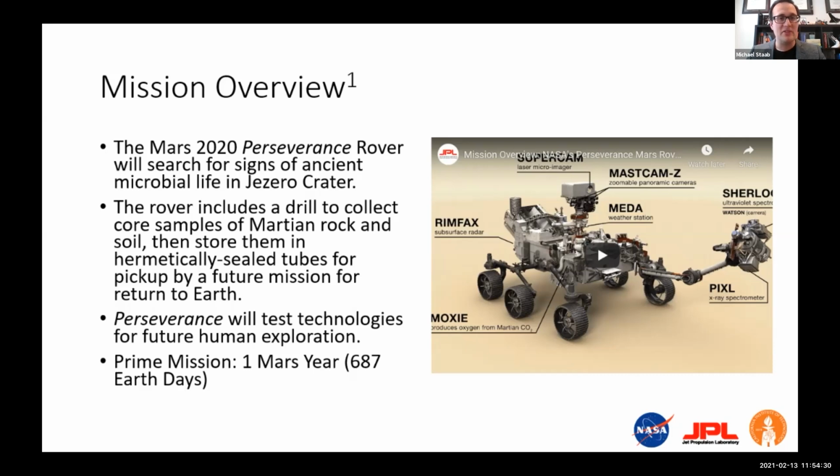And if we think that this place has all the signs that we're looking for, the rover has a very special instrument on board called the sample caching system. What it can do is use a drill on the end of its arm to core a sample into the soil, and then it transfers that sample into the interior of the rover, and from there the sample is capped, hermetically sealed, and stored for eventual pickup by the Mars sample return mission, which is now under study by JPL and the European Space Agency,